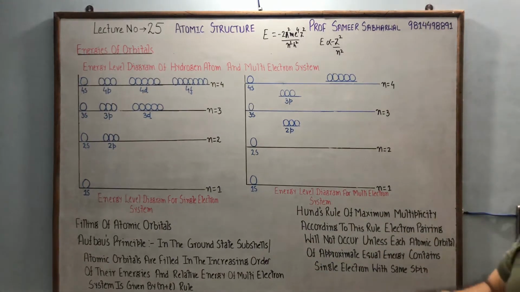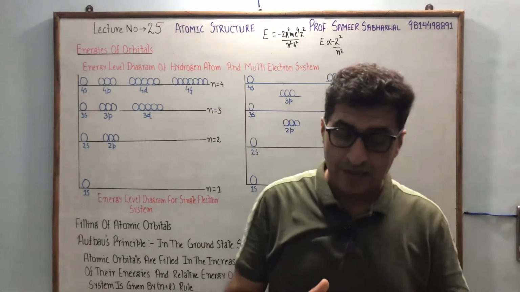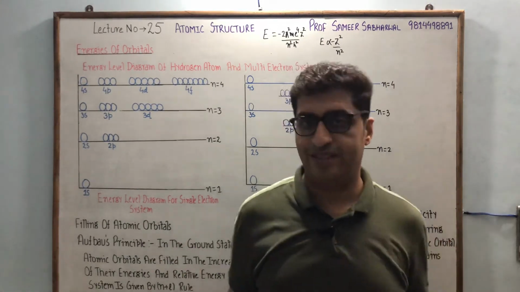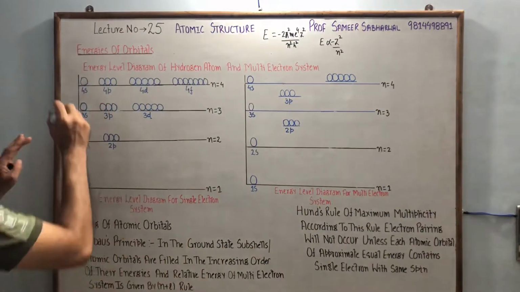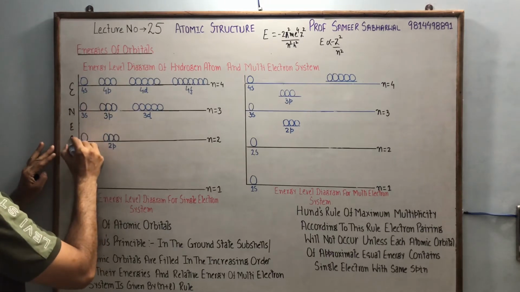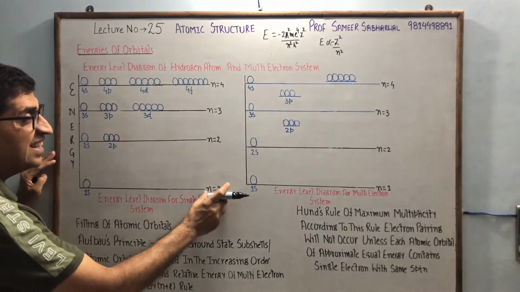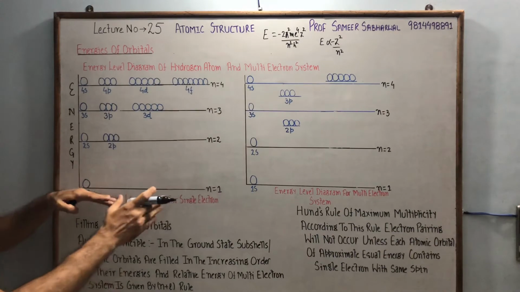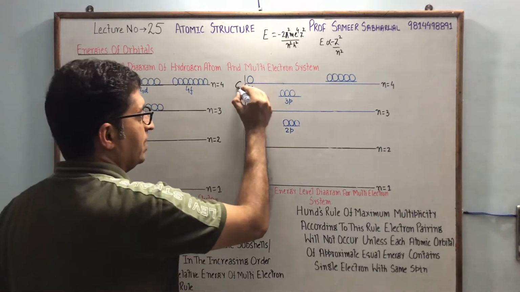So we got this information from Bohr's model that as we move away from the nucleus, the energy of the shell increases. So you can see this is the energy level. Let me mention it here. This is the energy level, and this is representing the shells: first shell, second shell, third, fourth. We have arranged them in the order of their increasing energies, exactly as in the case of the multi-electron system.